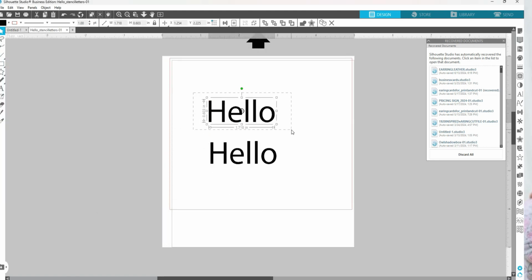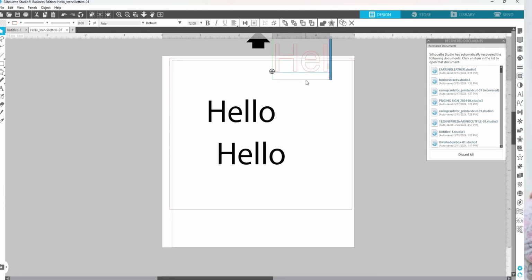Okay, so now this is text that I have already outlined, which means it is no longer a font and I can't change the lettering. It's basically an image now. And when somebody says you need to create outlines for your fonts, that's what that means. You have to make that font into an image, which means that you cannot edit it after this point. So to do that in Silhouette Studio, you type your font,